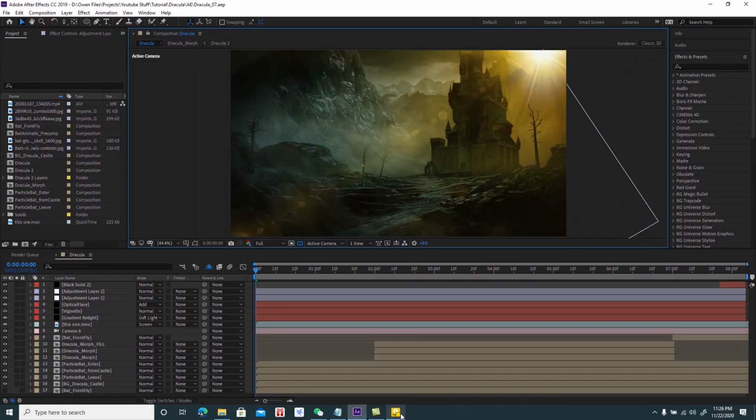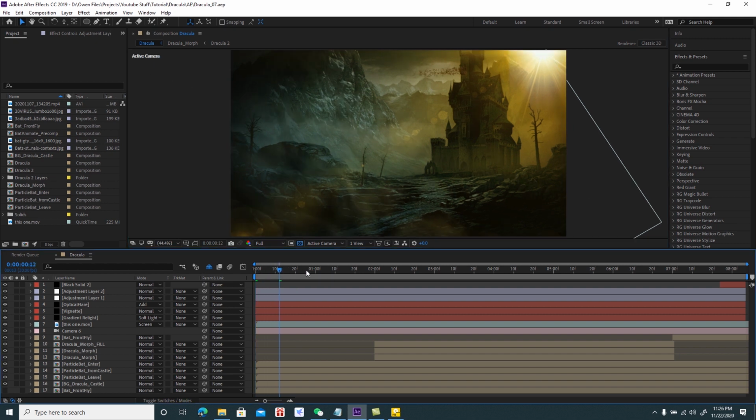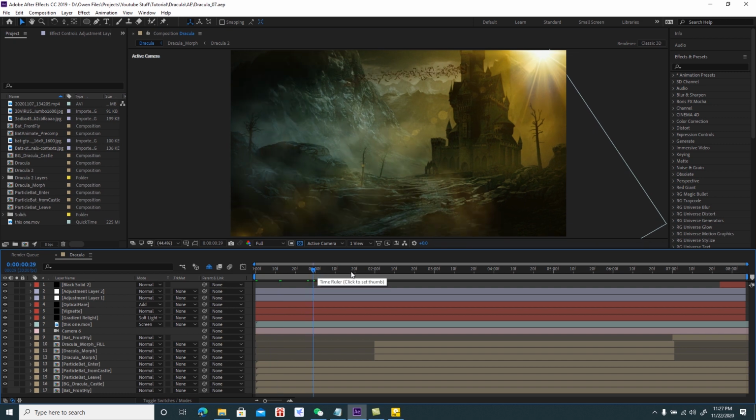So we will be learning how to do a bat to Dracula and Dracula back to bat morph animation. Okay, so it's a cheap trick that could give you a really big step forward in doing visual effects. So the first thing that we need to tackle is